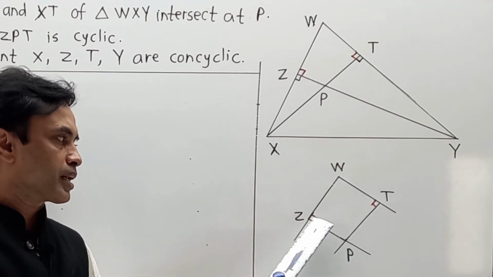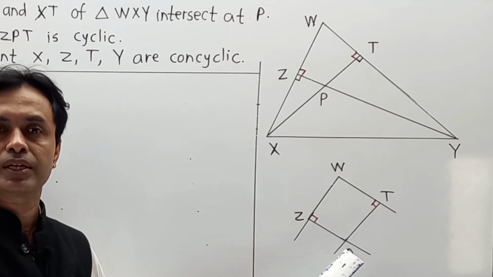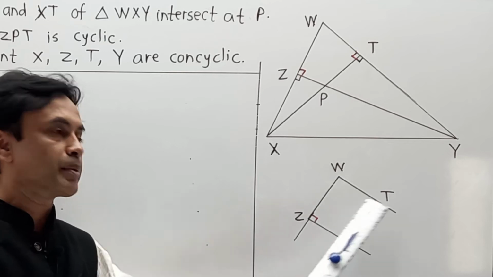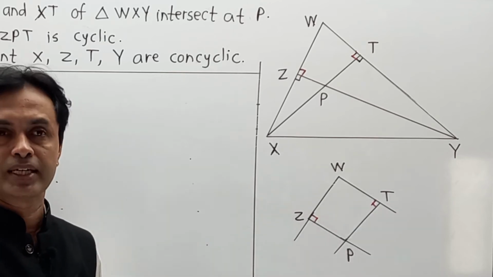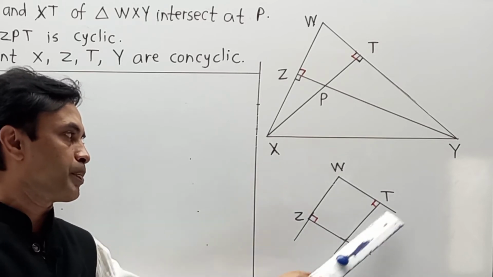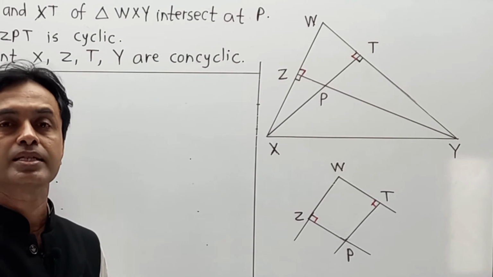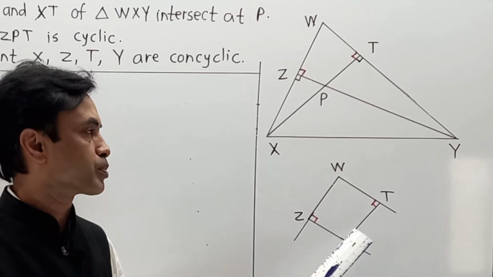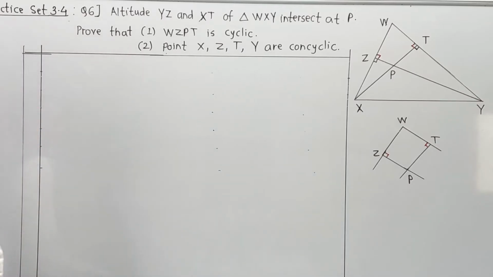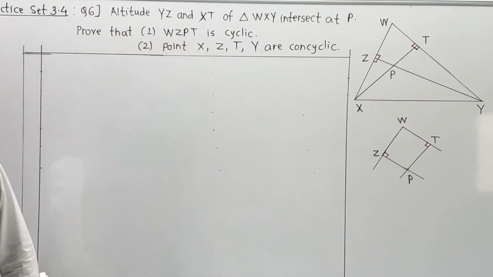WZPT, here Z and T are opposite angles of each other, and in this case 90 plus 90 means their addition is 180 degrees. If opposite angles are supplementary, then WZPT is a cyclic quadrilateral. In this way we are going to prove the part. So observe the writing part, and the first target, that WZPT is cyclic, we are going to prove over here, and the proof is